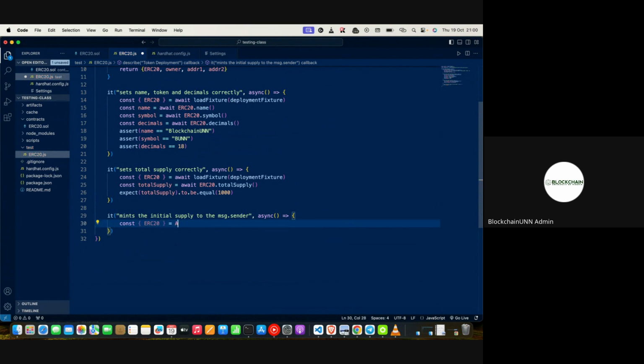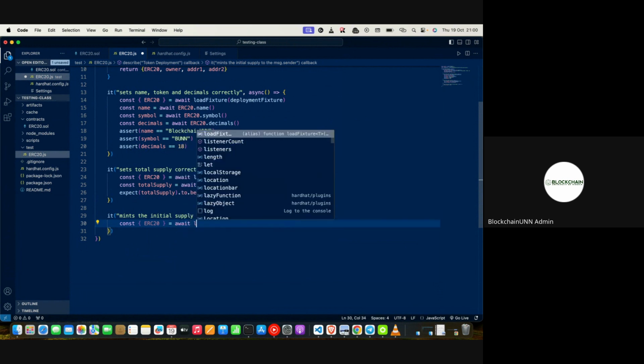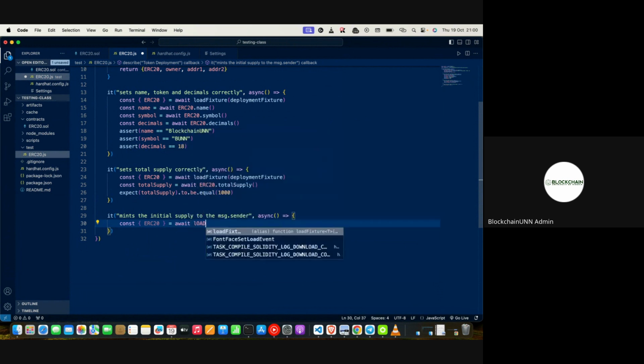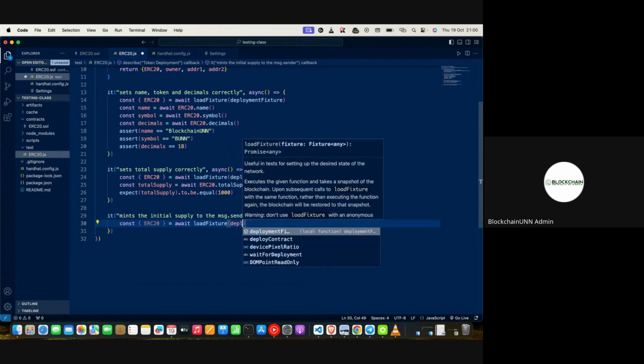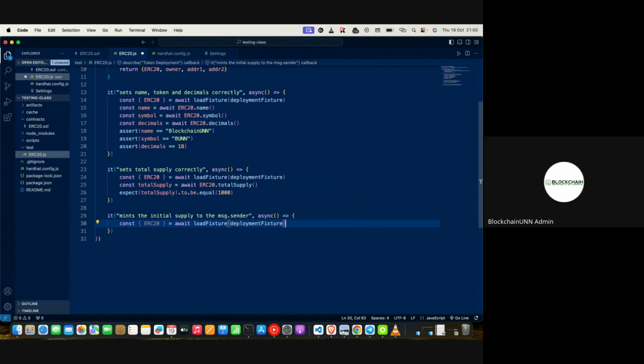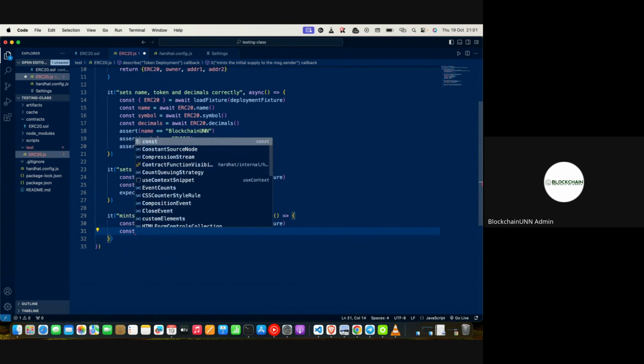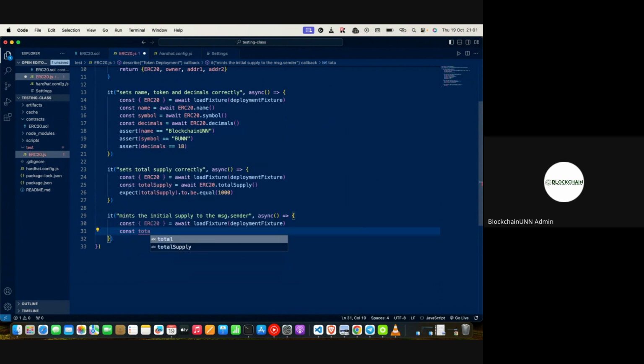I want to use the loadFixture method, and we want to load the deployment fixture. All right. Now, what do we want to check? We could check the total supply. What the total supply is? We could get the total supply. There's 20. The total supply,